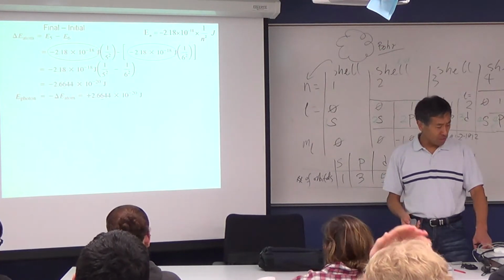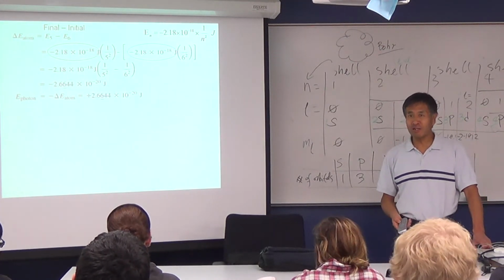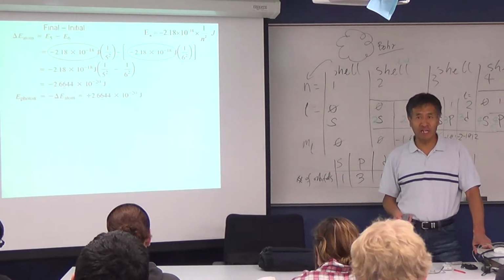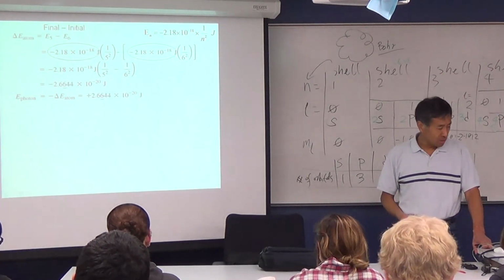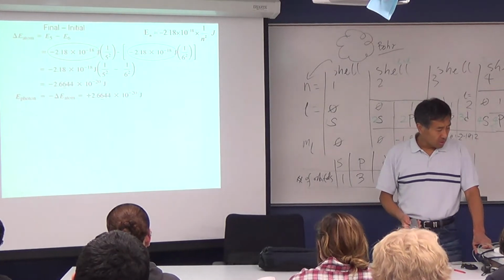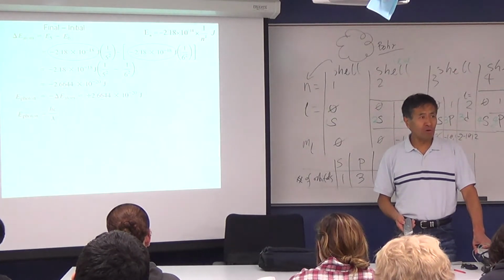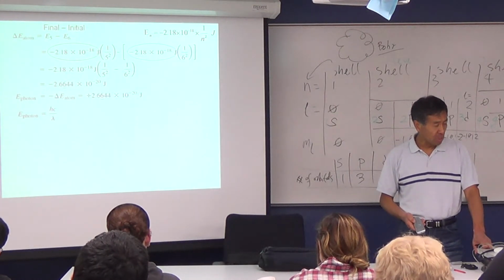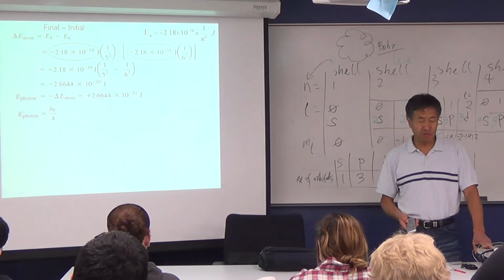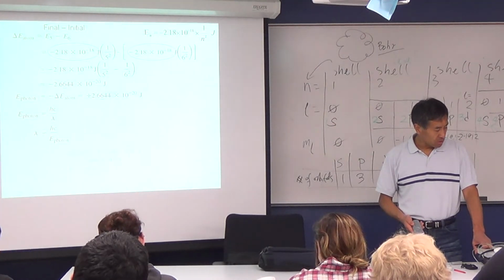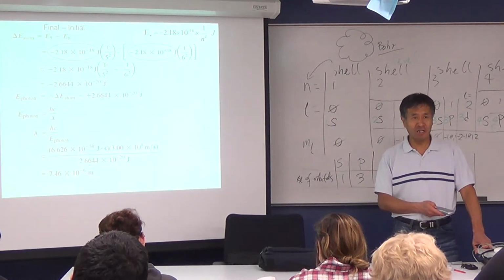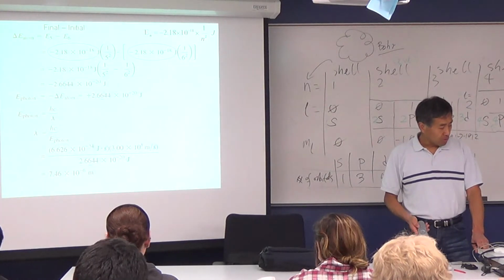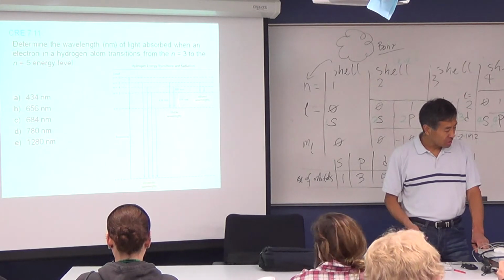Now you switch. So you get the delta E for the atom, or for the electron, and now your E photon is the negative of those delta E atom, and then you have a positive. Once we have that positive E, you can just use either equation, hc divided by lambda or h times nu. So I think what I showed you on the last slide is putting everything together.